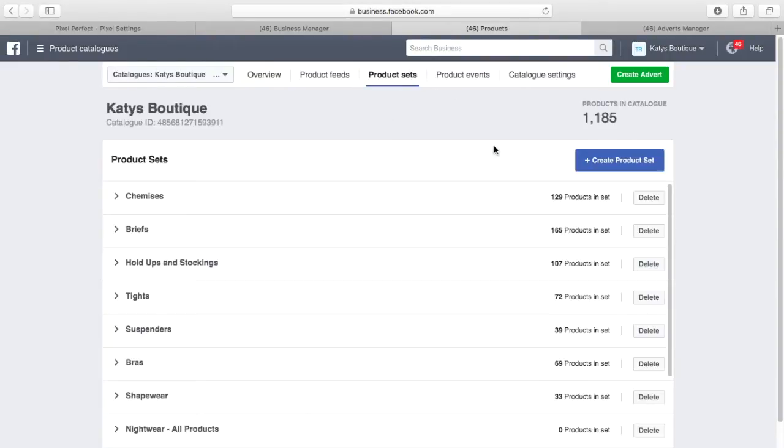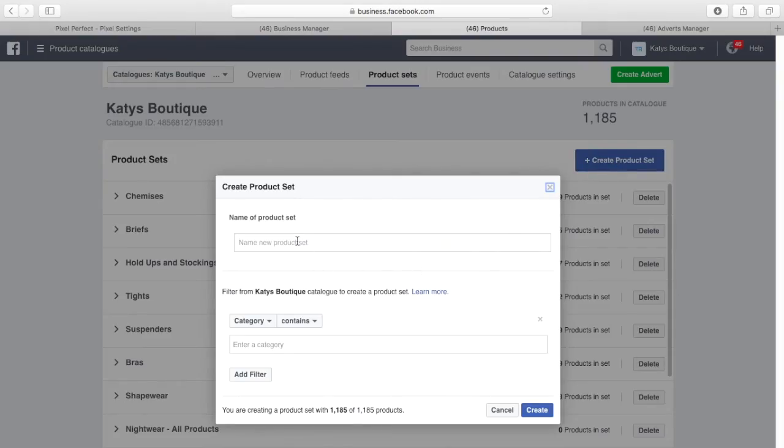So we go to product sets. I'm going to create a product set. I'm going to give it a name. So this one's called test. Actually, I'm going to call it test 2 because I think I might have already got a test. And what we have to select on this one, because the way Facebook works is it doesn't allow you to add an extra niche field here. So we need to select product type,